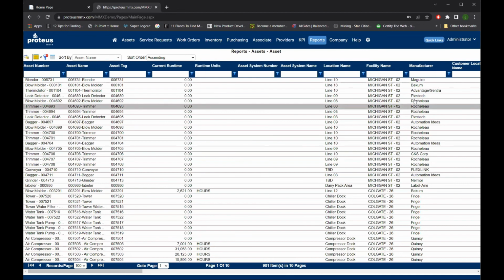So that is basically a top-down view of the system. And there's a lot more I could go into,